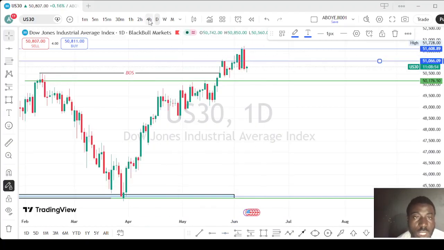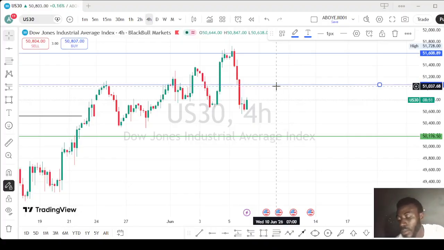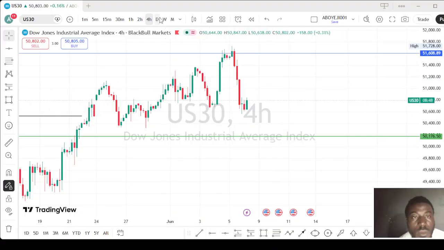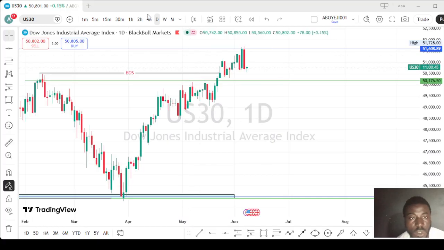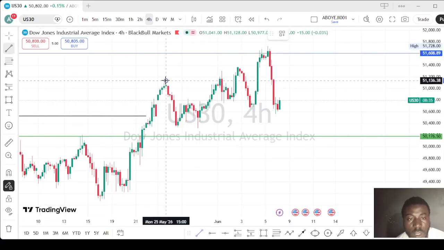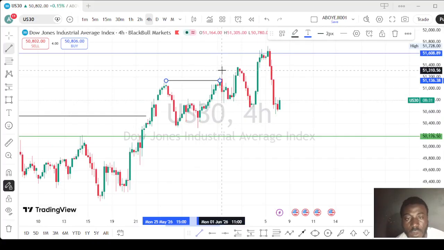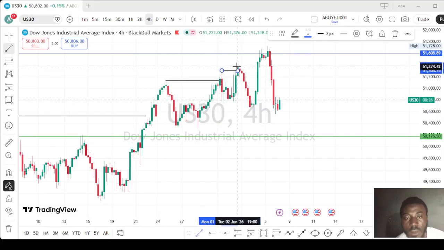So let's move to 4 hour time frame. You can see an opportunity on 4 hour time frame. This is 4 hour time frame. This is what the market is giving us, and this is our swing high and this is our swing low. As for me, this is a liquidity. This is a liquidity trend inside. This is the last break of structure market gave us, and this is another break of structure, but this is the last break of structure market gave us on 4 hour time frame.